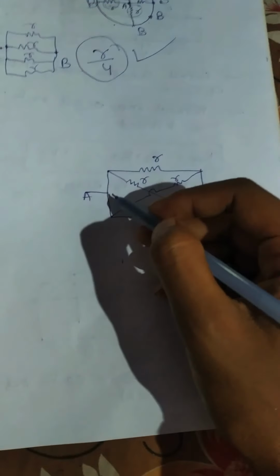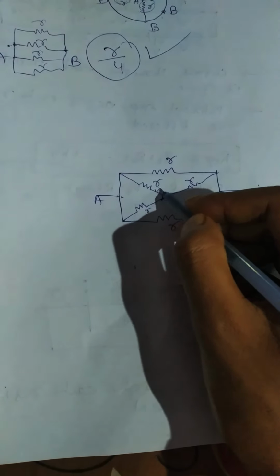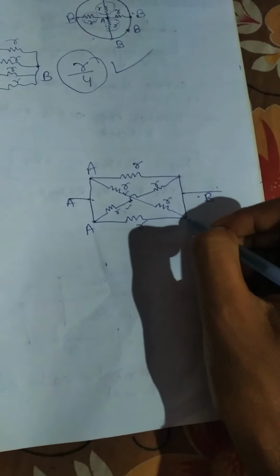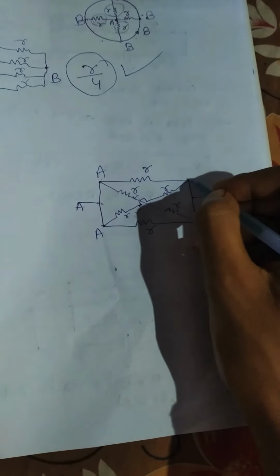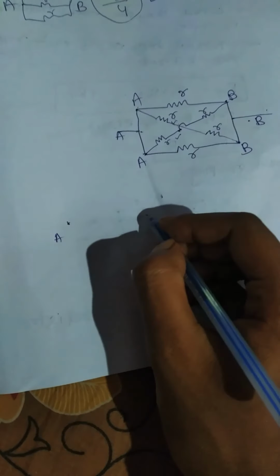Okay. The next equivalent resistance between A and B. So this is A point. This symbol represents these two wires, this and this are disconnected. Okay. So this is A point, so it is also A. It is also A. This is B and this is B. Here there is no connection. So there are 2 points, A and B.